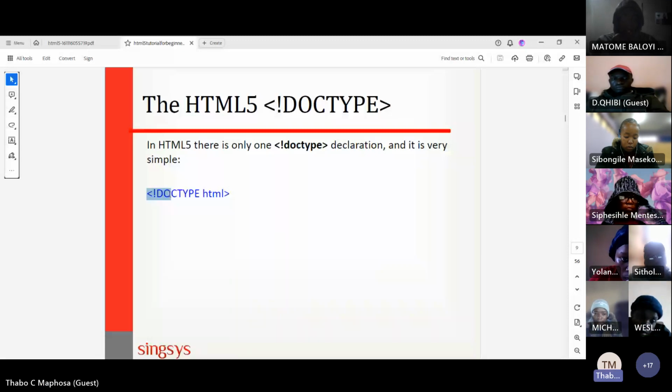You've got an opening tag, then exclamation, doctype, HTML, and then you close your tag. So what does this syntax mean? For those that used it before, what do you think it means? Guys, what do you think that syntax means?